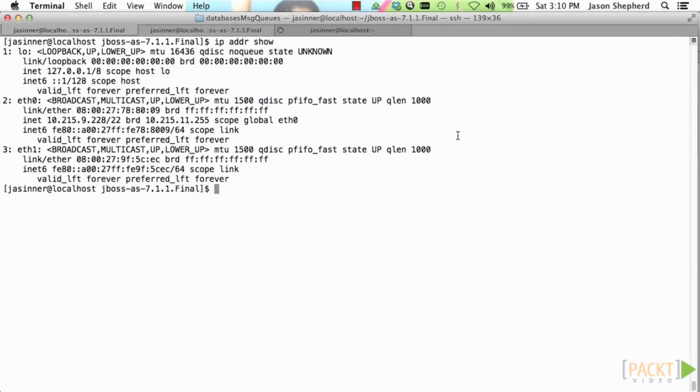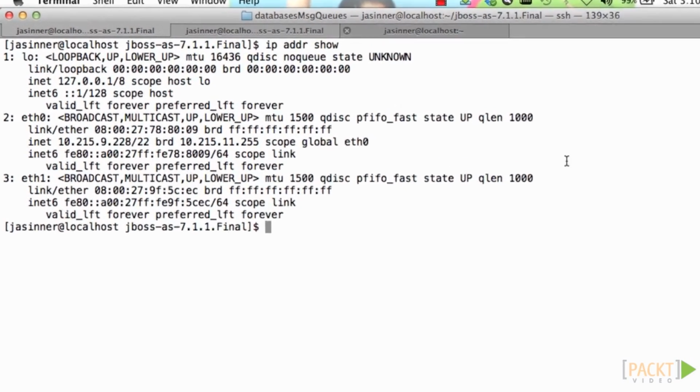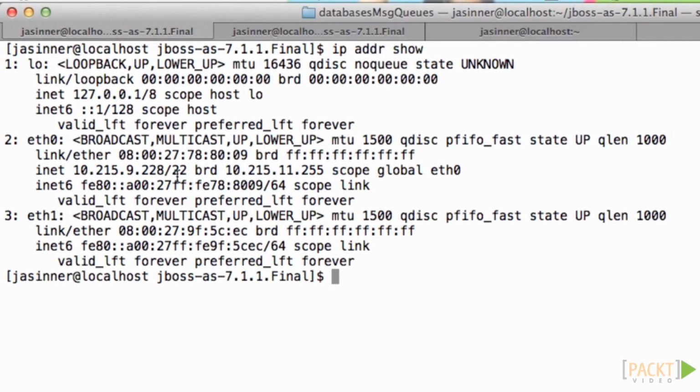Clustering in standalone mode. I'm going to show you how to set up a cluster of 2 nodes in standalone mode. I'm running the 2 nodes on separate hosts. Here's host 1 and its IP address ending in 228. So I'll start in standalone mode